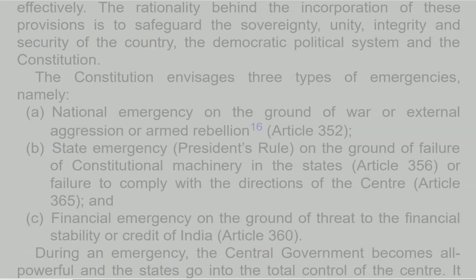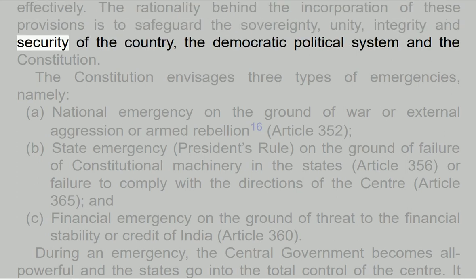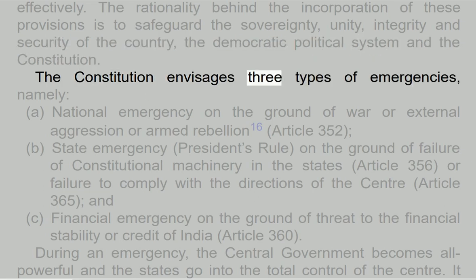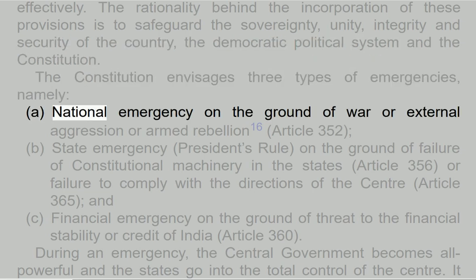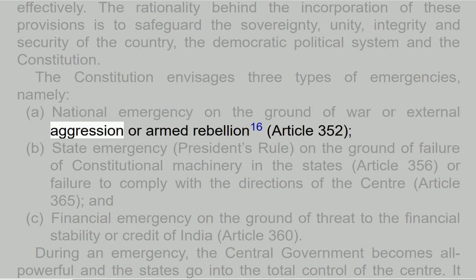The rationality behind the incorporation of these provisions is to safeguard the sovereignty, unity, integrity and security of the country, the democratic political system and the Constitution. The Constitution envisages three types of emergencies, namely: a. National emergency on the ground of war or external aggression or armed rebellion, Article 352;